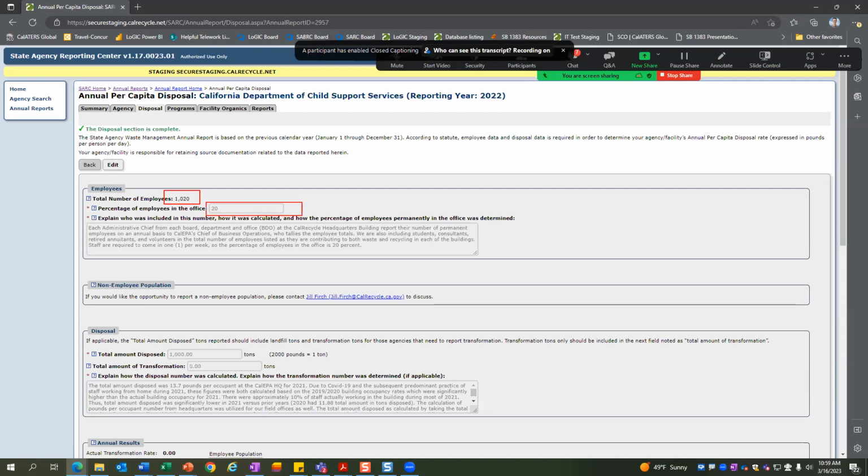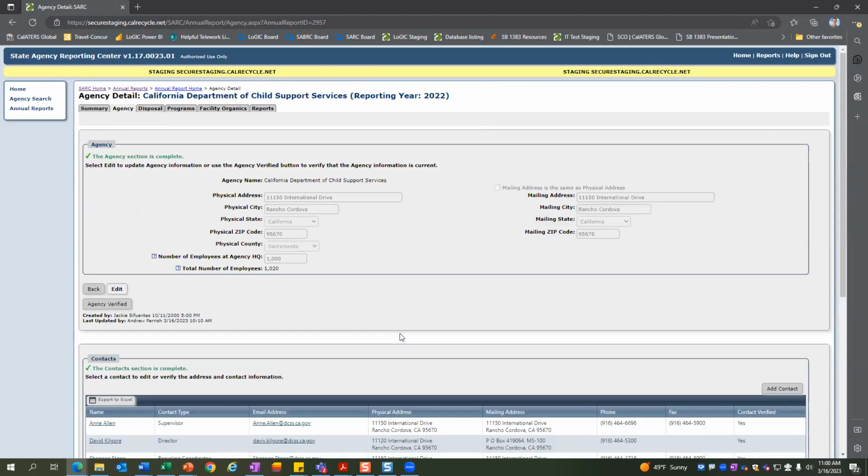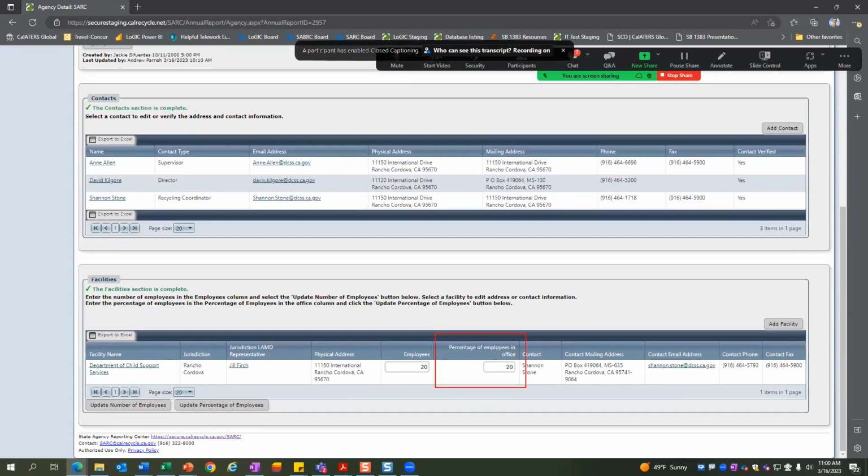And then this number here is where you'd report the percentage of employees in the office at headquarters. In the agency tab, if you have facilities, you're going to report that percentage down here. And then I'm assuming you want an explanation on determining the percentage, or did that answer your question?